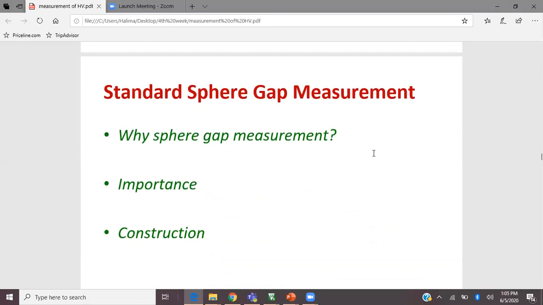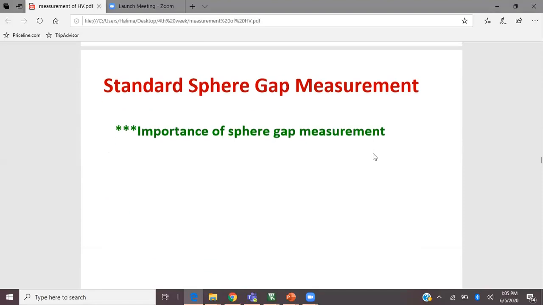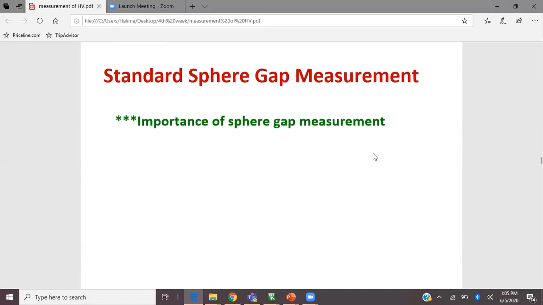Another very important method is the sphere gap measurement. It can be used for AC, for DC, and we can also use it for impulse. As for its importance, the peak value of the voltage causes the breakdown, so we can utilize